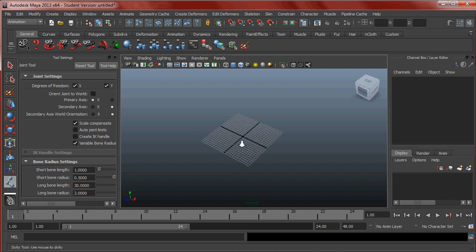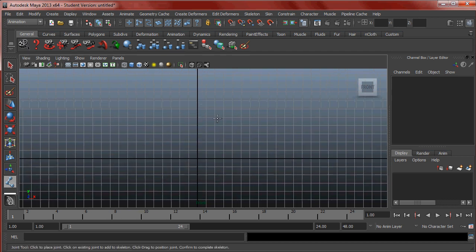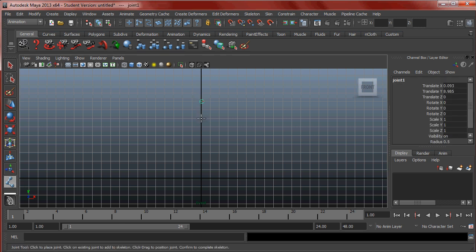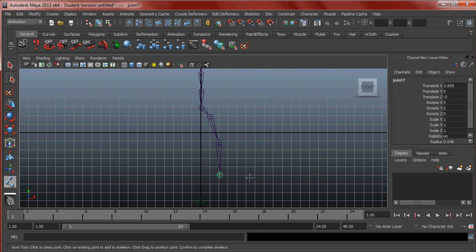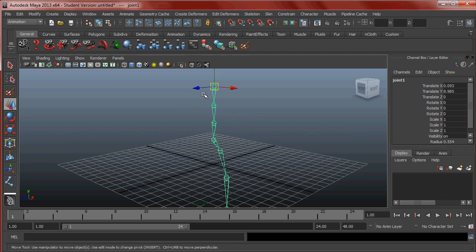So if I select my joint tool like I just did, and I go into front view, let's get rid of this box. Let's say I want to make a little spinal column for my character. I'm going to start up here. Let's say this is the neck. Let's make a bone that connects it to the chest, to the abdomen, and then to the pelvis. Alright, and let's start making his left leg. So here's his hip bone, here's his knee, if I move down here, and here's his foot. So when I press enter, I now have this chain of joints here that I can start bending around,